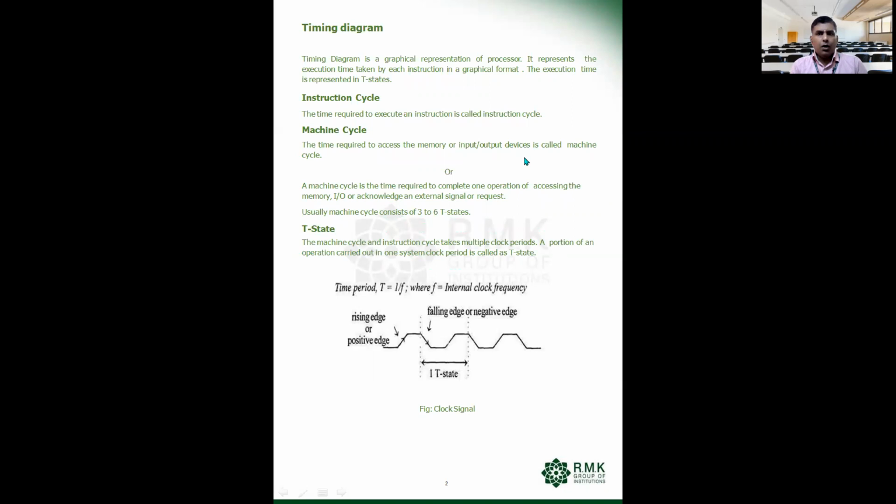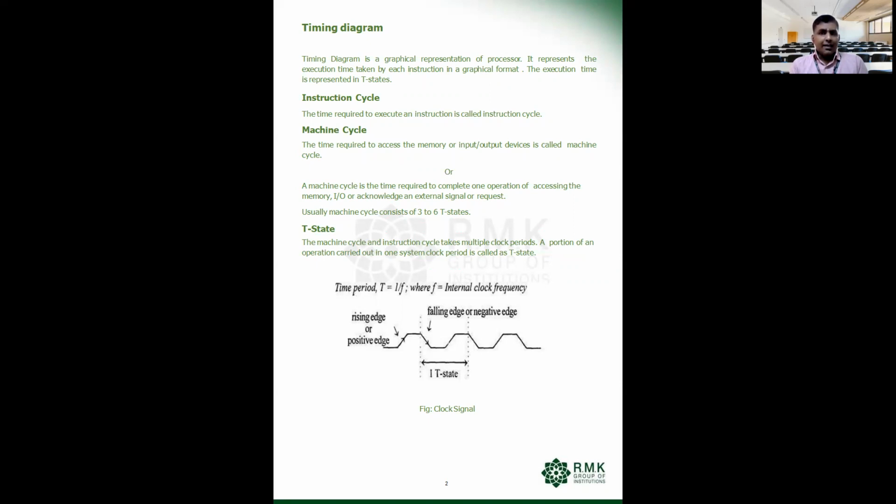Now, let us move on to the basic understanding of the timing diagram. A timing diagram is a graphical representation of the processor. It represents the execution time taken by each instruction in a graphical format. The execution time is represented in T states. For example, if there is an instruction like